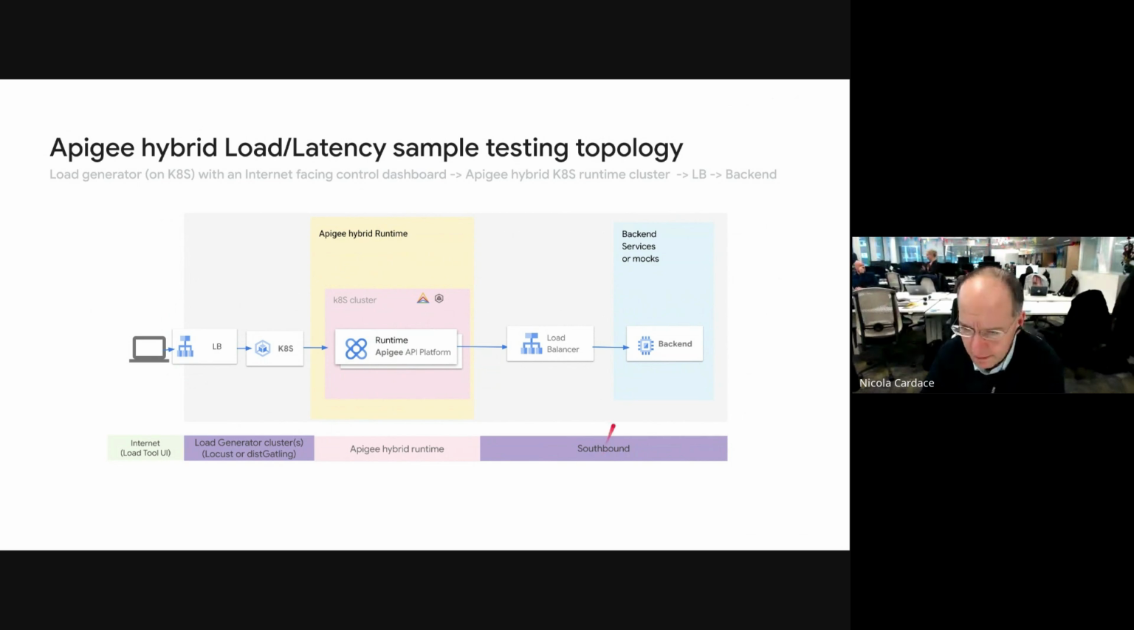The target backends could be in the cloud, in your private data center on a different cloud provider, or a third-party service somewhere else on the internet. And there could be either the real backends or mocks. There is a set of open source applications, also in the documentation links, that allow you to basically simulate request and response of a real application server